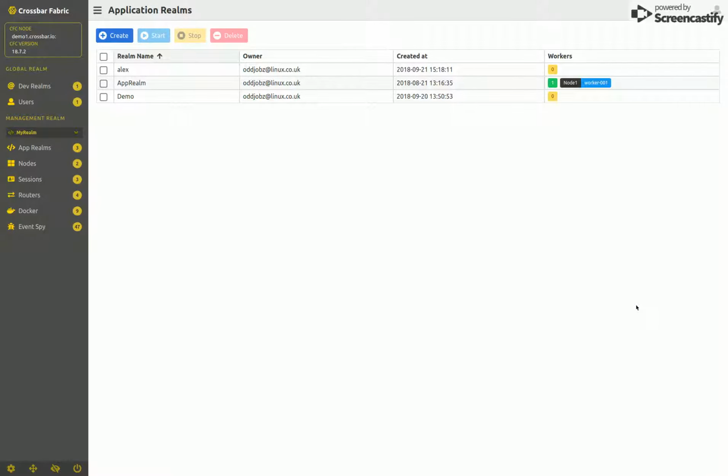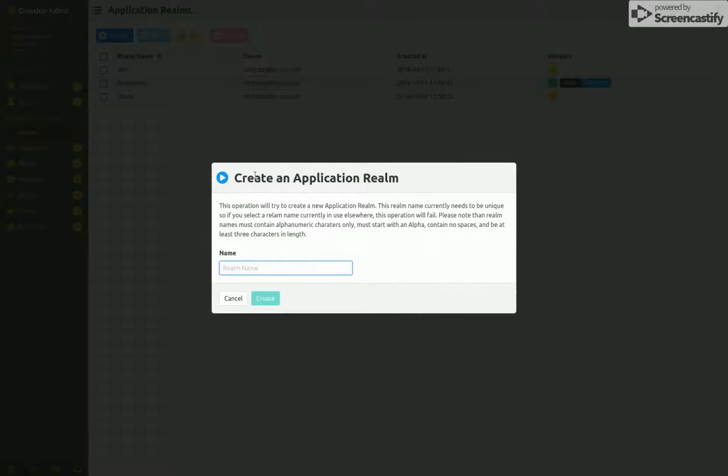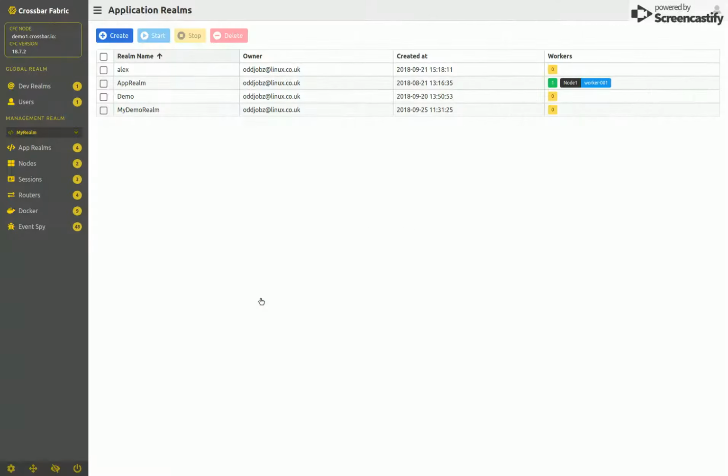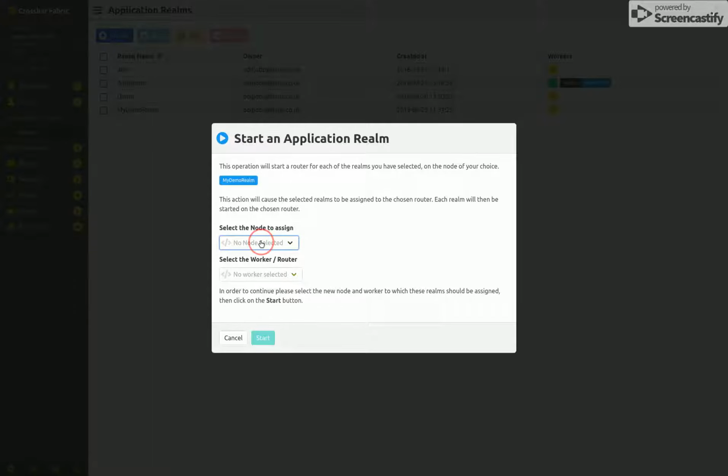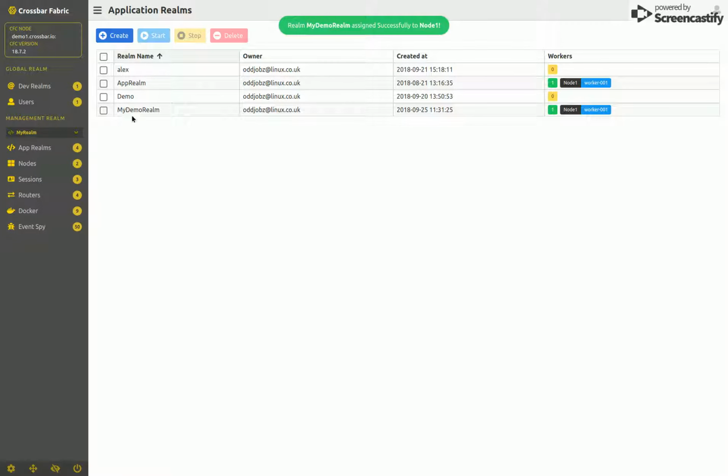Okay, so this is a quick demonstration of starting up some cookie cutter based applications and just showing how they link together with events and Event Spy. So if I start off on application realms and create a new realm, my demo realm, and start that realm up on node 1. So I now have a running realm